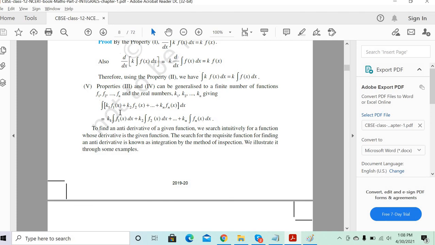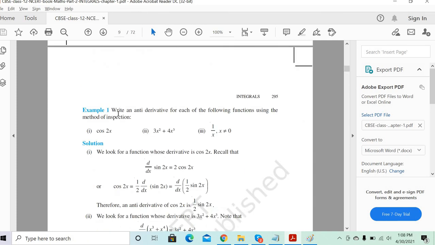Integration can only be done with the function which has x only, because you are integrating with respect to dx. Dx is what? Any change in the variable x. Apart from x, everything is considered a constant. Clear? Yes, sir. Clear. Excellent. Superb.